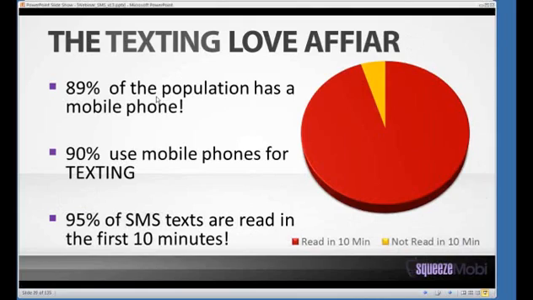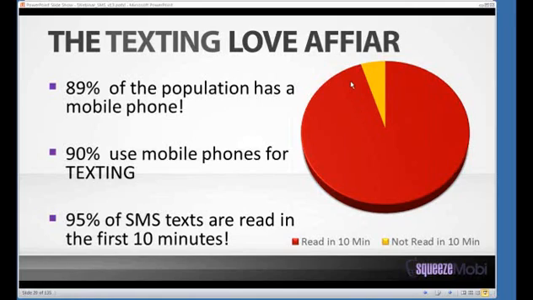Now that's already huge, because obviously if you put a lot of people in a room, you're probably not going to find one without a mobile phone. And depending on where you live, if you live in any type of city, you're probably going to find no one that does not have a mobile phone. All right, that's great. That's awesome. But these business owners still don't understand this. And same thing with you guys.